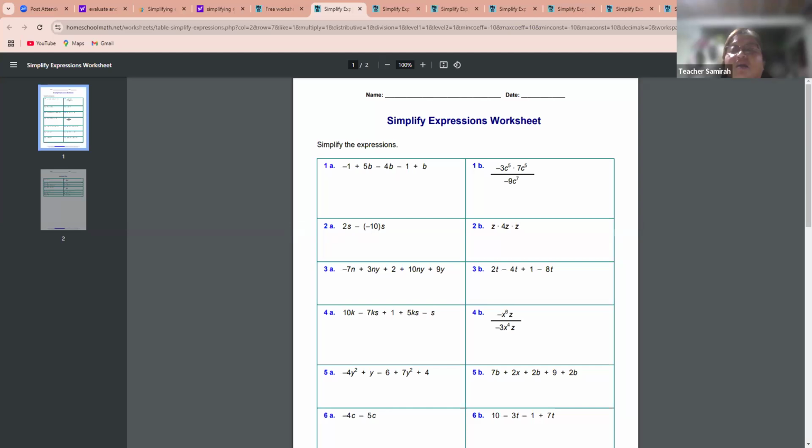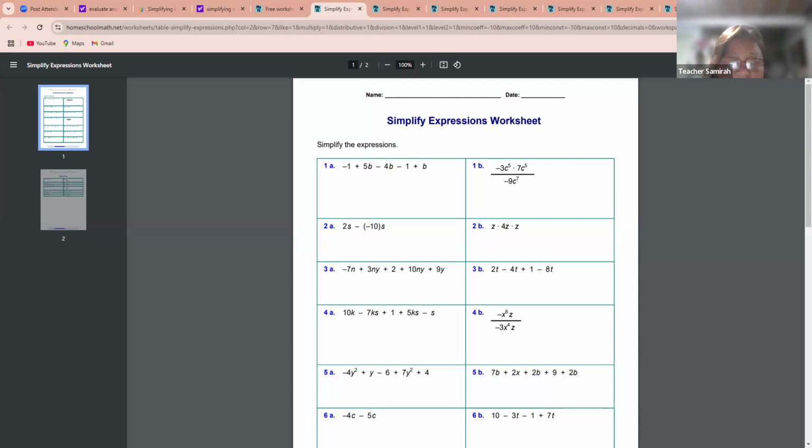Just always remember, if you are going to add two integers which have the same sign, you add them and copy the sign. For example, negative 4 and negative 5, the answer would be negative 9. I just simply add it, then I copy the sign. And then if I am going to add two integers with different signs,